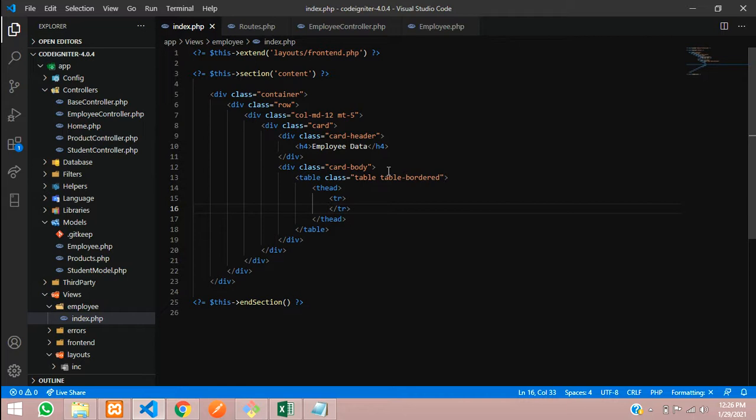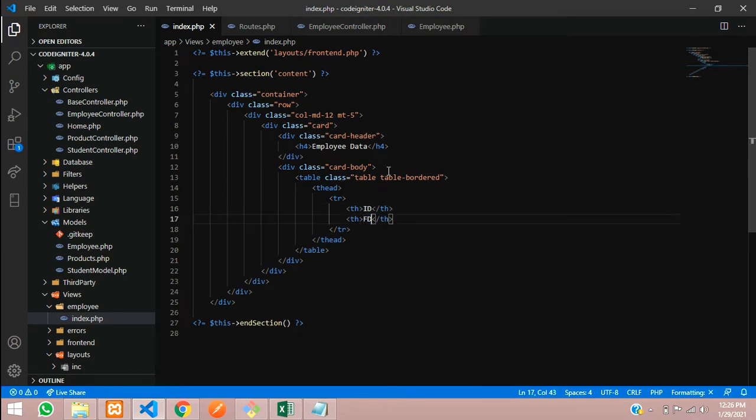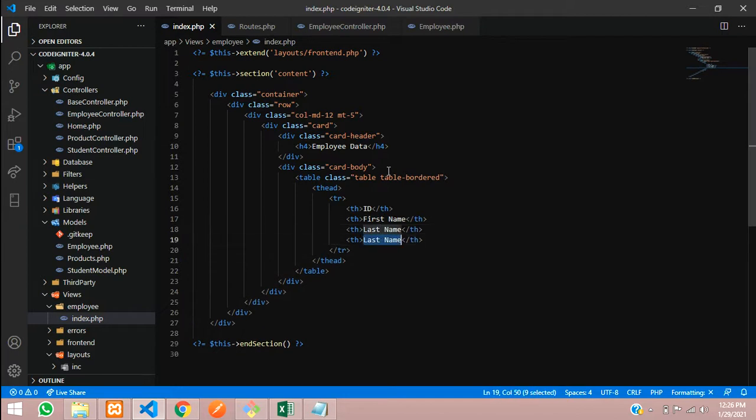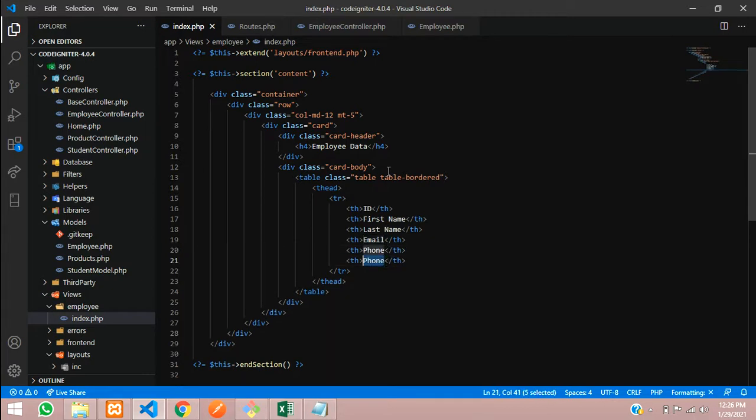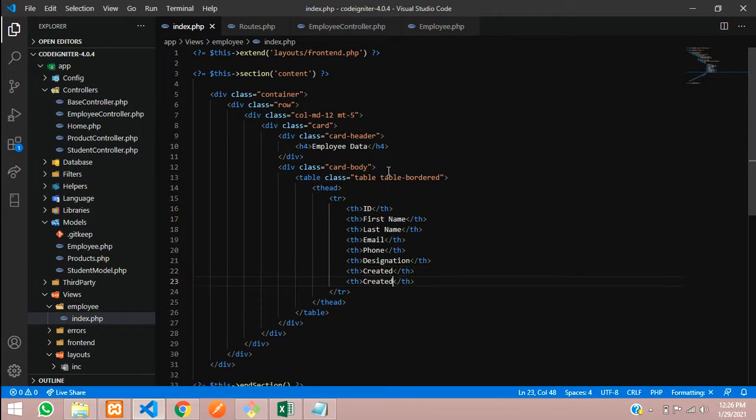Table row, table heading, where first is ID, first name, then last name, email, phone, designation, and then created at. If you require, you can add, or else remove that. So let's add one final column, action, which will be there.